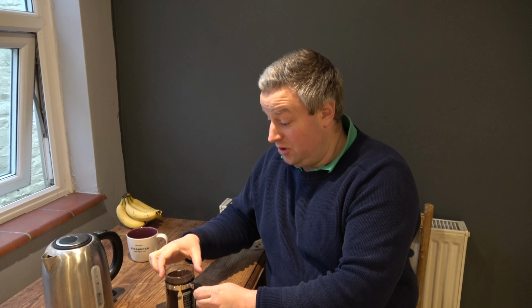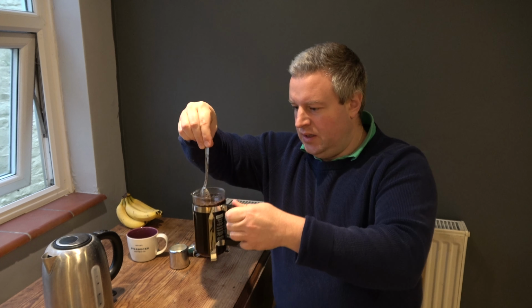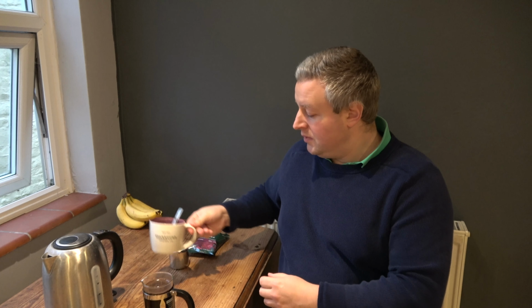It really does smell good. It smells nice and strong, which is, like I said, how I like it. I'm just going to give this a quick stir and let that infuse into the coffee. So I haven't got my Sgt. Pepper's Lonely Hearts Club Band mug today. I thought I would use my Starbucks mug because I'm trying a Starbucks coffee, so I thought that would go